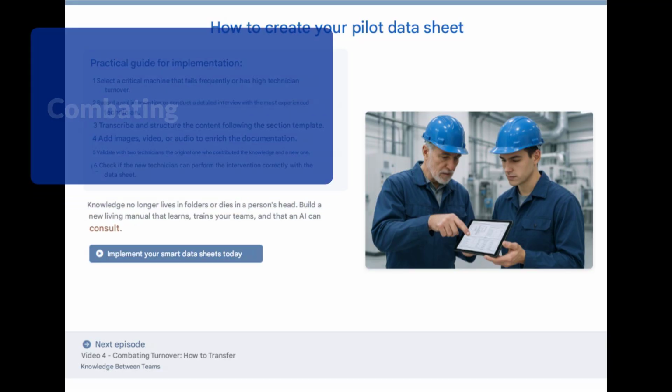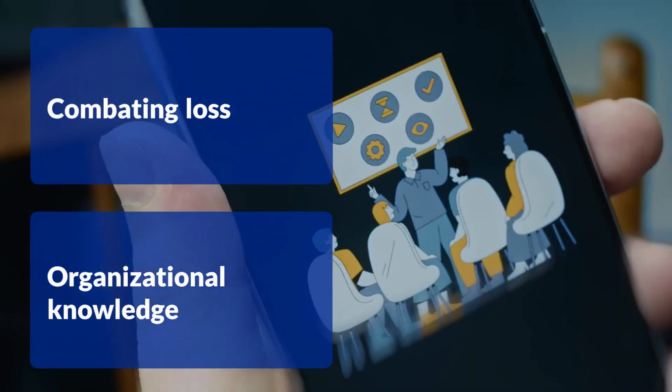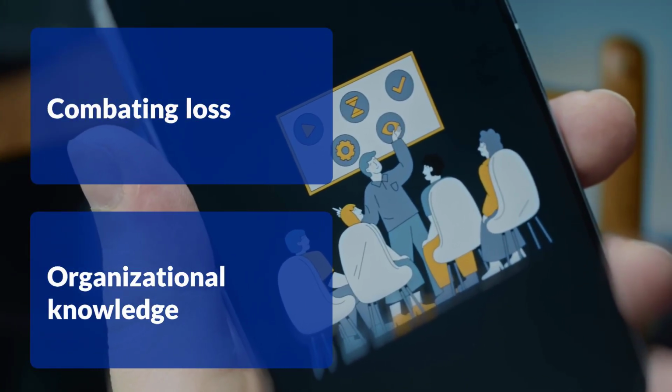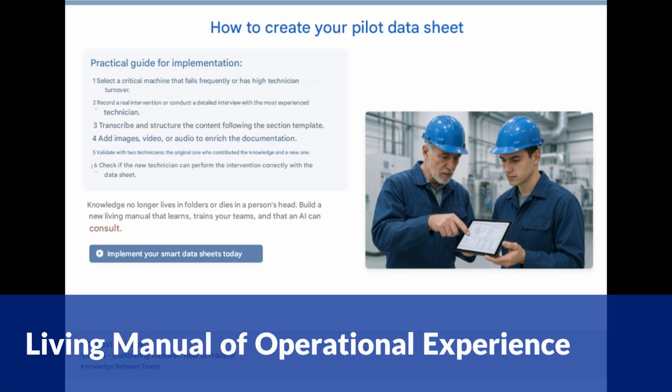One of the primary objectives of FTIs is to combat knowledge loss, a growing problem due to staff turnover and generational changes. The know-how of veteran technicians, previously lost with retirement or departure, is now captured, structured, and transformed into a permanent business asset. By creating a shared, living digital archive of operational experience,